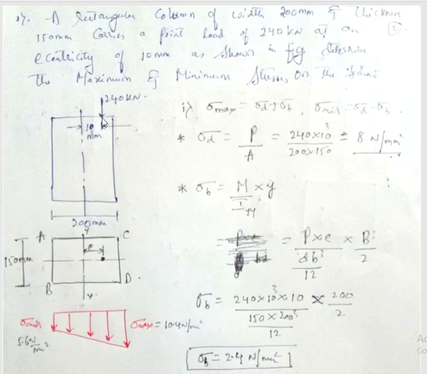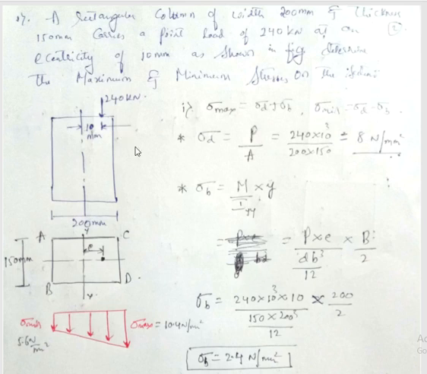From this diagram you can analyze that if you hold a pen in your hand and bend it towards the right, then it will get bent towards the right. From that we can see that C and D, this section, will be subjected to compressive bending stress and the left section will be subjected to tensile bending stress, because there is reduction of length here and increase in length here.